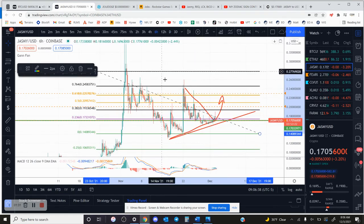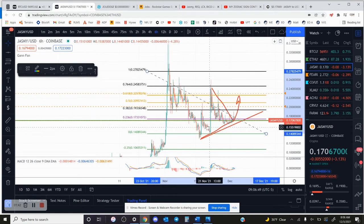And on the 6-hour chart, the 0.618 would be around that same price. I'm not going to just move it a little bit. But 22.5 is really the next target for Jasmy to hit to the upside. Before that, you do have the 0.382, which you also need to get above, which I think will be some resistance as well at 19.3. And then the 0.5 fib I don't think will be too hard to get through, but the 0.5 is at basically 21 cents. So 19.3, 21 cents, and then